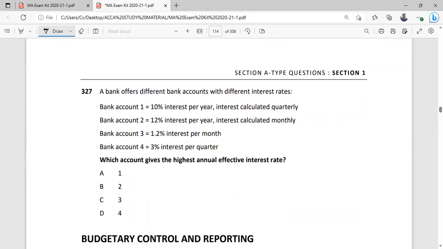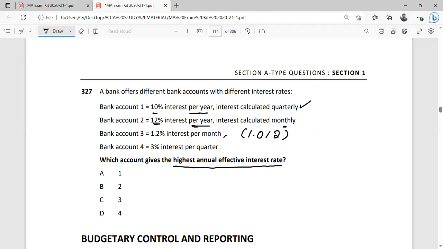Next one is, a bank offers different bank accounts with different interest rates. Bank 1: 10% per year, interest calculated quarterly. 12% per year, interest calculated per month. Now it is on a per month basis and this one is per quarter. What is the highest effective annual interest rate? First two interest rates are already given on a per year basis, so we will do nothing with them. Next one is